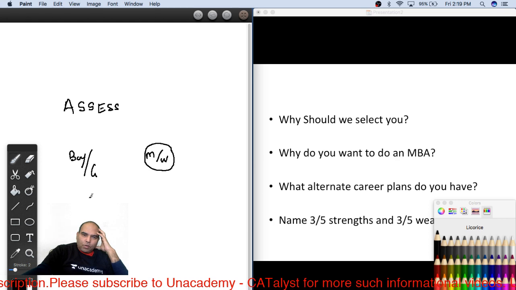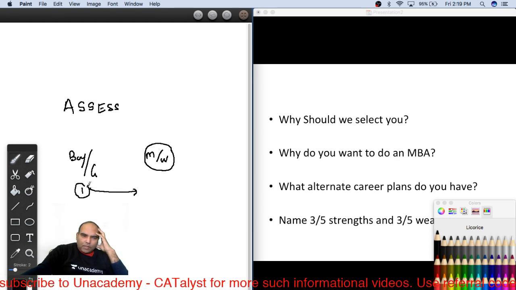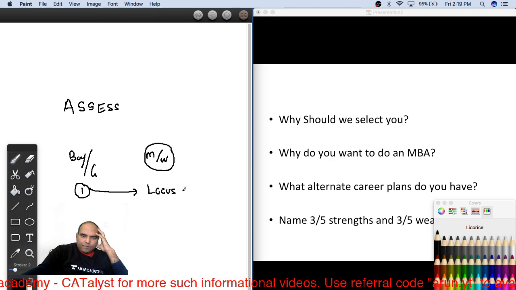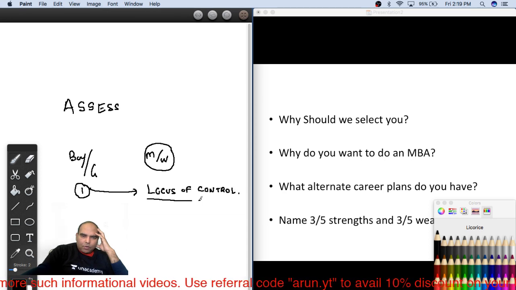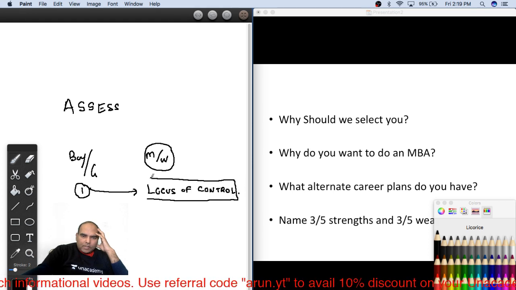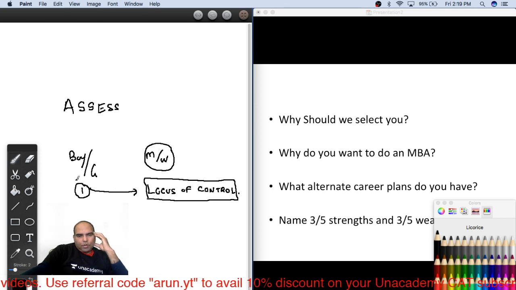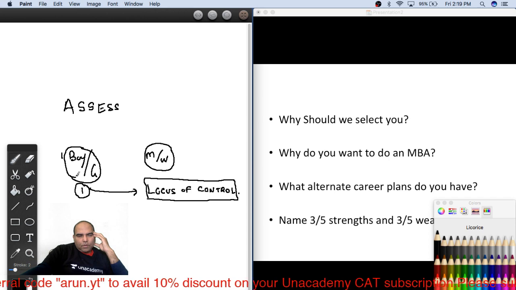So the first question that an interviewer tries to answer is, is your locus of control, the student's locus of control, inside or outside? Does he control who he wants to be? Does he control what he does? Or is the locus of control outside, are you still controlled by a remote, controlled by what is happening in the world? So if you can show this movement,